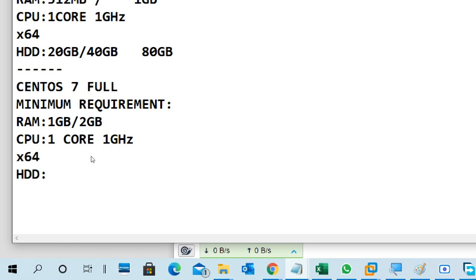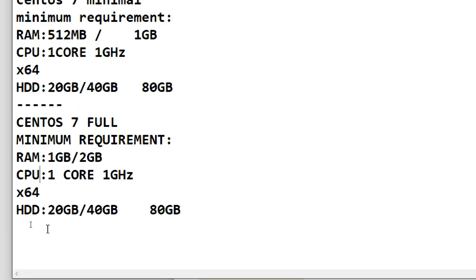Disk space. The minimum disk space required is 20 GB, which is enough, but better to use 40 GB, especially if you are installing GI mod. You can take 80 GB or 100 GB, 200 GB also; how much you use maximum depends upon what you install.